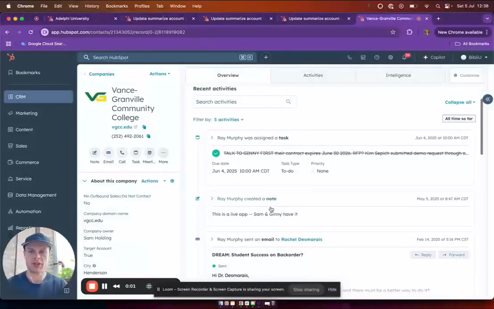Today, I'm going to show you how you can use either HubSpot's AI, Breeze, or OpenAI integrated through the API to create account-based summaries in HubSpot. There are limitations that I found with both, but the limitation with OpenAI's API